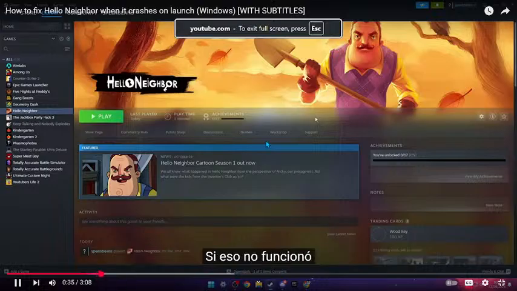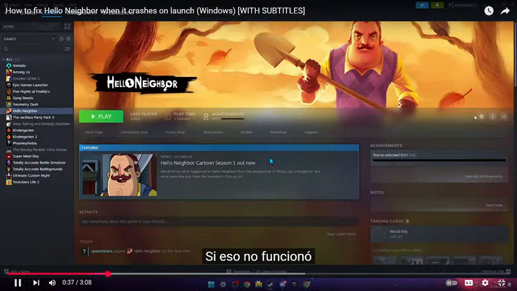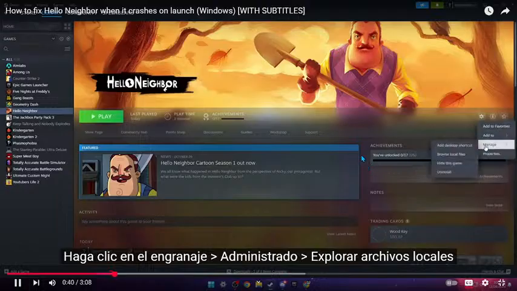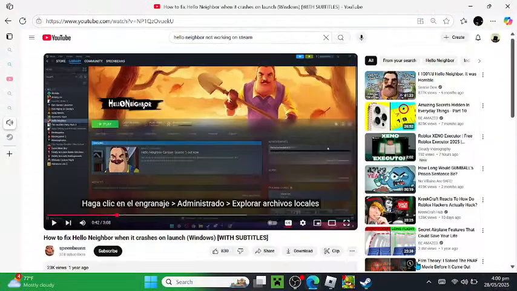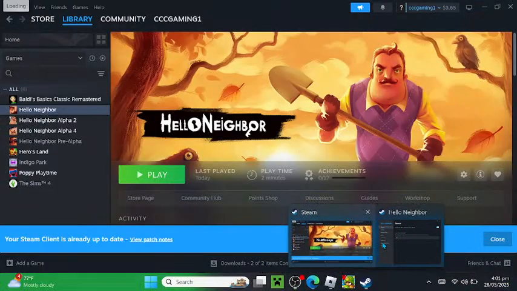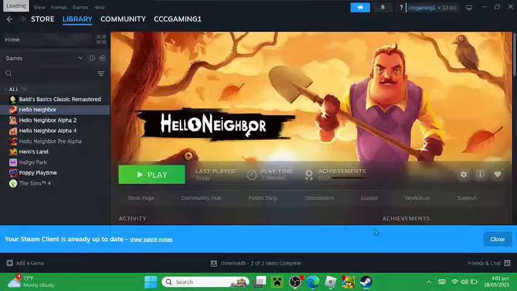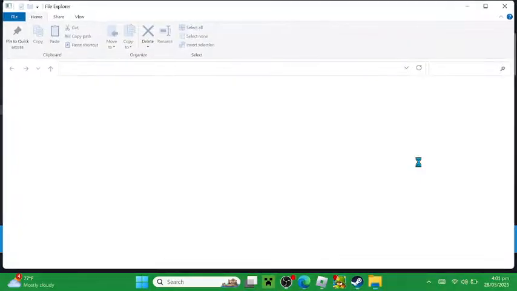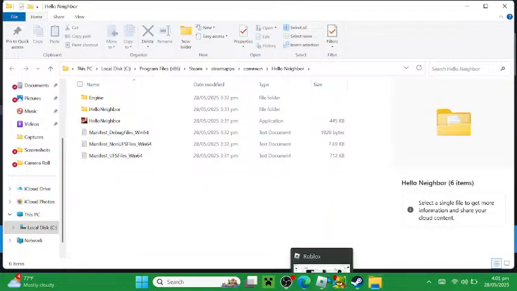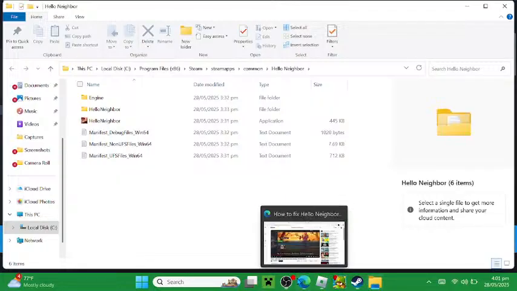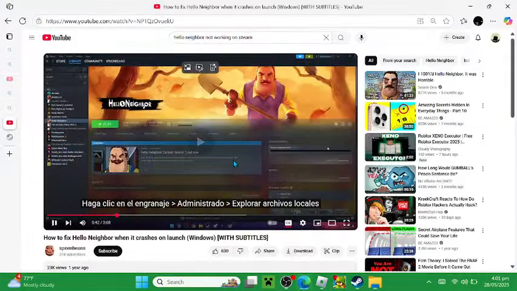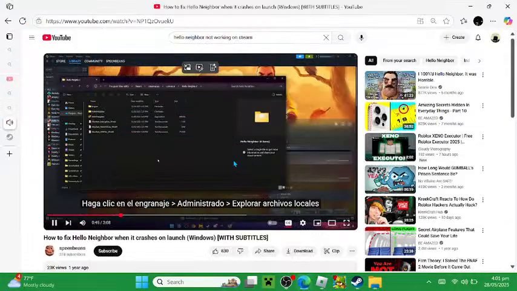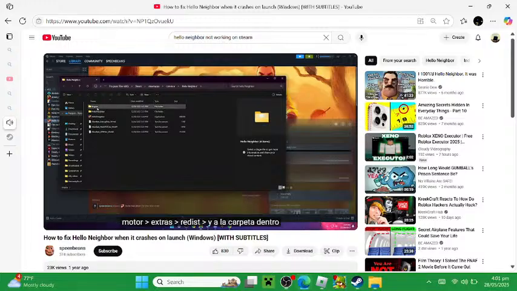Alright, if that last step didn't work, then we have to go click on the gear, manage, browse local files. We click that, it'll open these files. We're going to go to Engine,